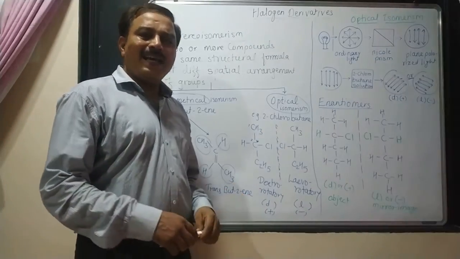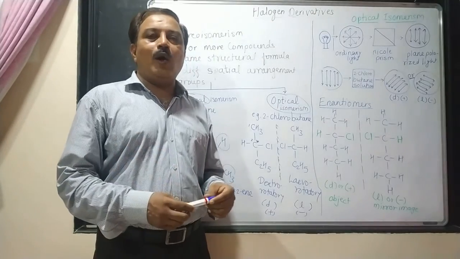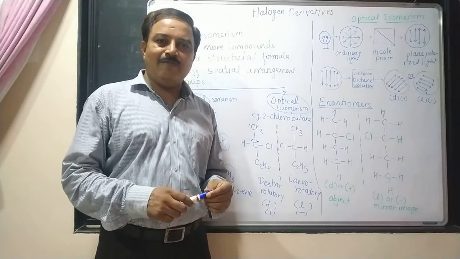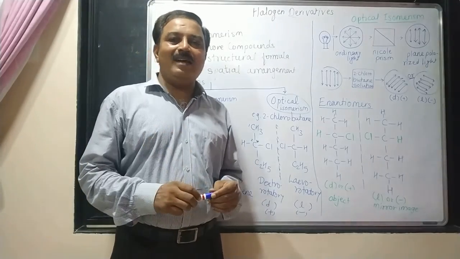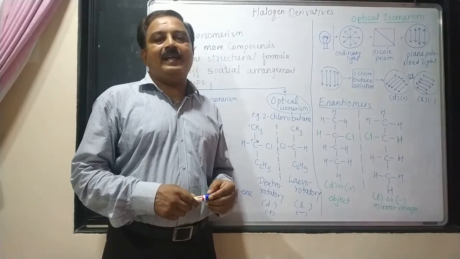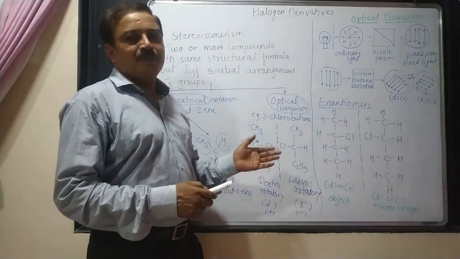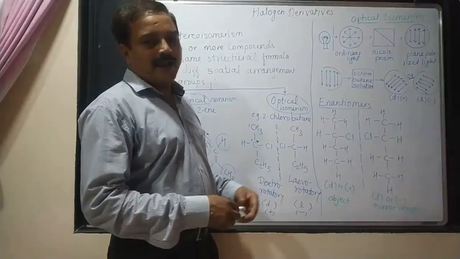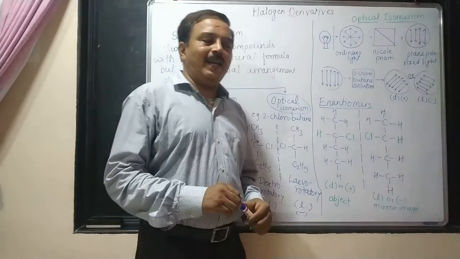Now, exactly what is optical activity, or what are called optical isomers, that point we have to study. To explain that point, to understand the optical isomerism of an organic compound, we have to understand some terms. So first of all, let us try to understand some of the terms which are required to explain the optical activity of any optically active compound.